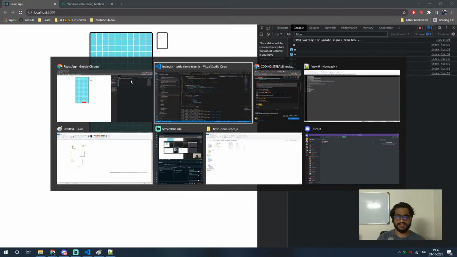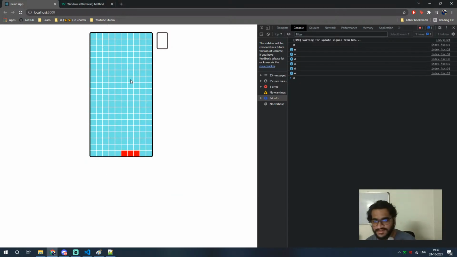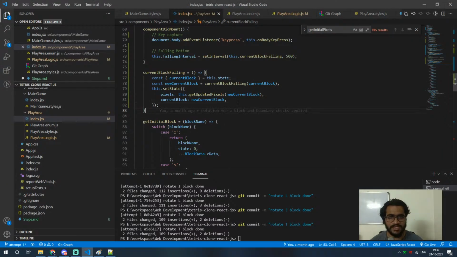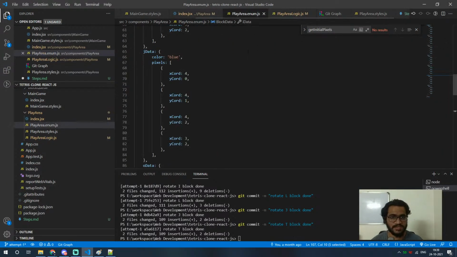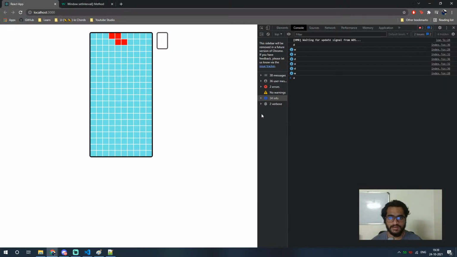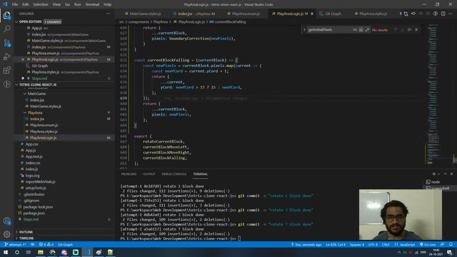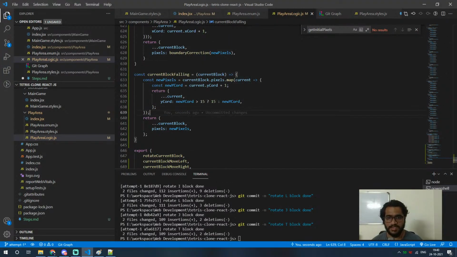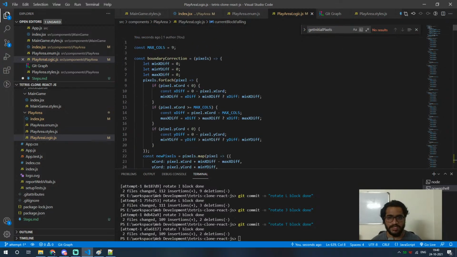At the bottom it is doing some silly stuff which it is not supposed to do, but other than that I think it is working fine. Let me just change it to maybe 15 for now. Right. What was I thinking? Of course there will be border correction here also,